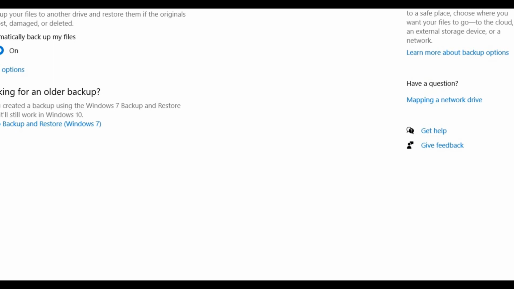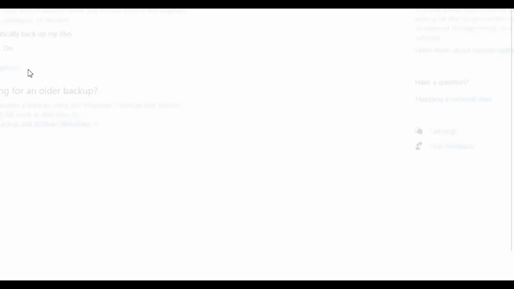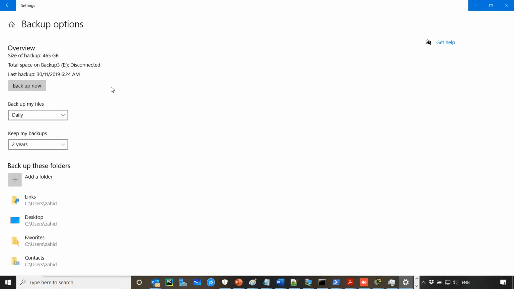By default, maybe backup using file history. File history will back up to some locations. So I have put a backup. If you want to put a backup, click on Backup now. These are the two options you need, right? So what is file history backup and what is